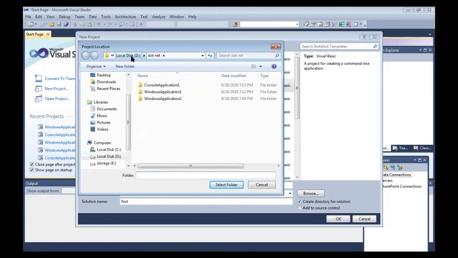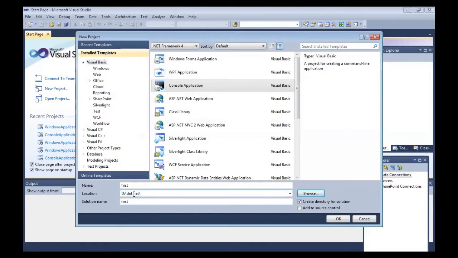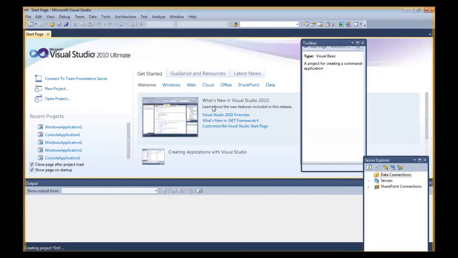You can select D or C, it may be anything, even E. Select the drive where you want to save the .NET project, and it will automatically set the path over here. Now, after assigning a location, we are going to create the console-based application.